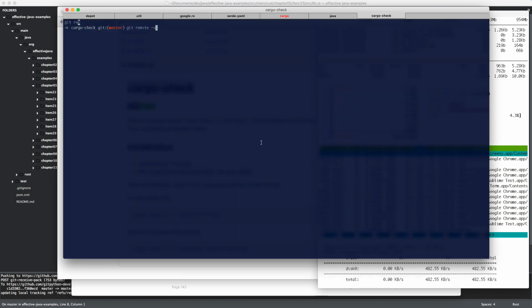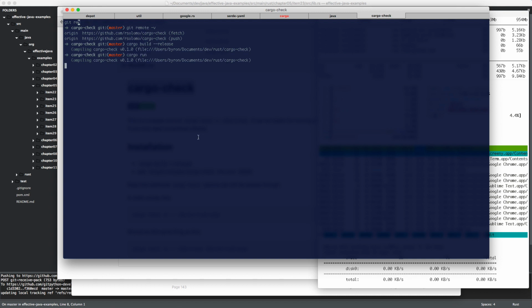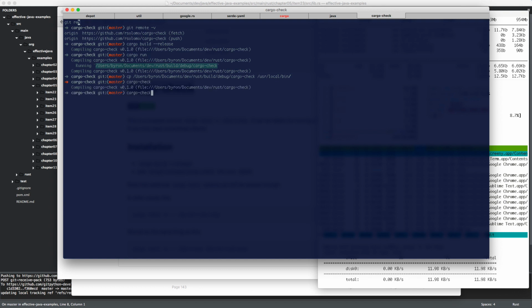So cargo check, once you've cloned it here, all you have to do is go build release, and I've just built it actually, but let's do it again. And if you run it, then you will see where the file is, which is quite useful in case you want to copy it to your user local bin. I did that already, so nothing new for me. So cargo check is in the path. That's important. Interesting that it compiles stuff now. I didn't expect that. Anyway, it's important that you can execute it and that it's in your path, because then